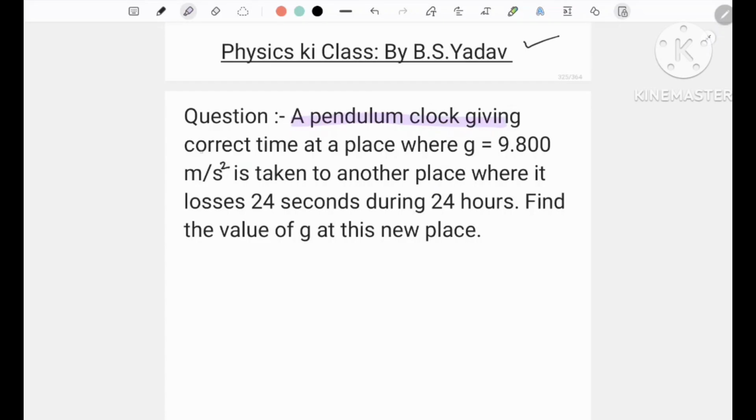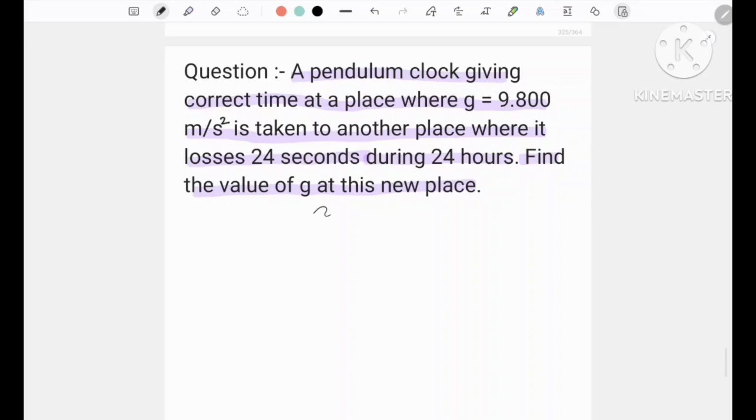A pendulum clock giving correct time at a place where g is 9.8 meter per second square is taken to another place where it loses 24 seconds during 24 hours. Find the value of g at the new place. Time